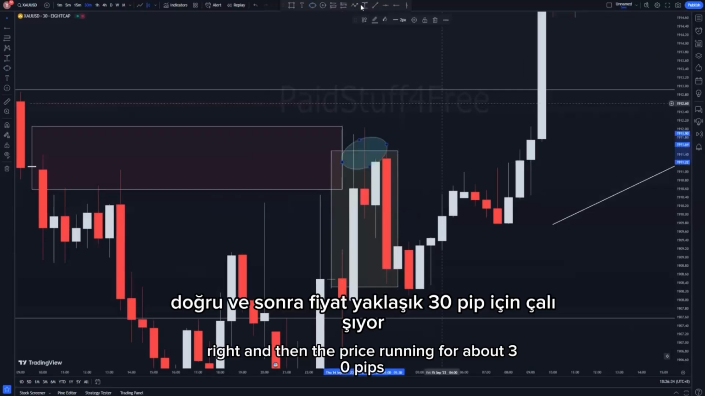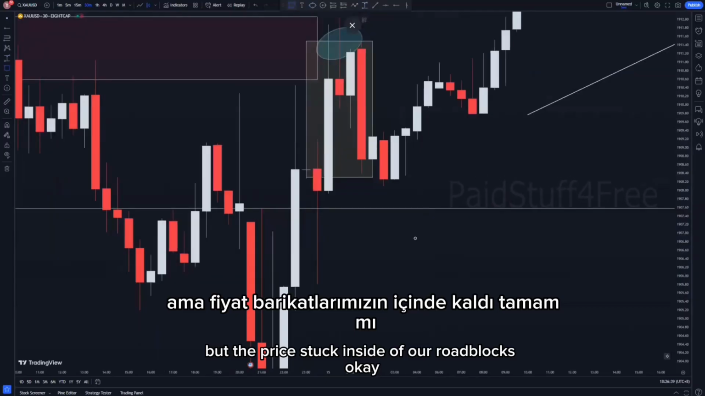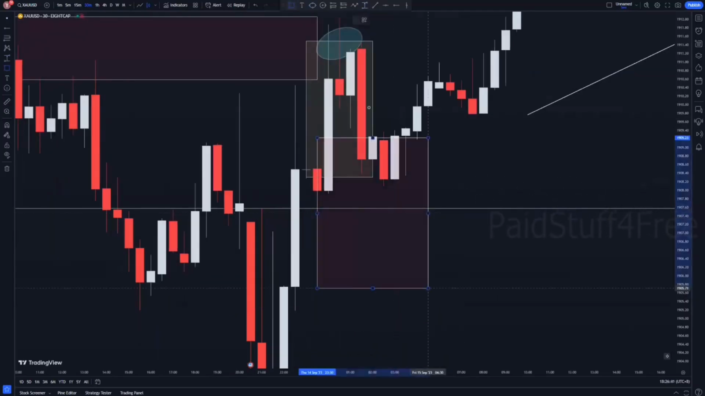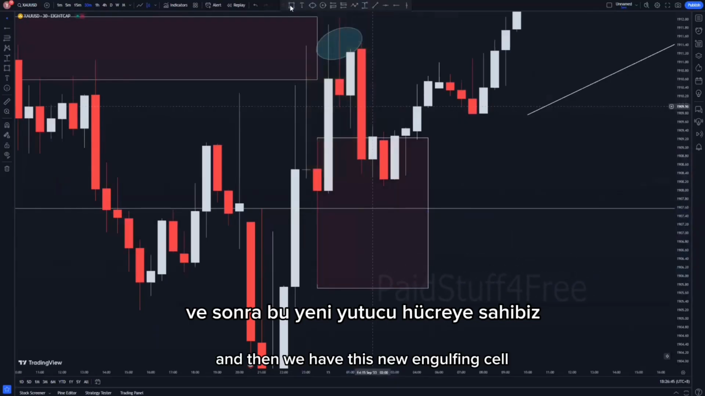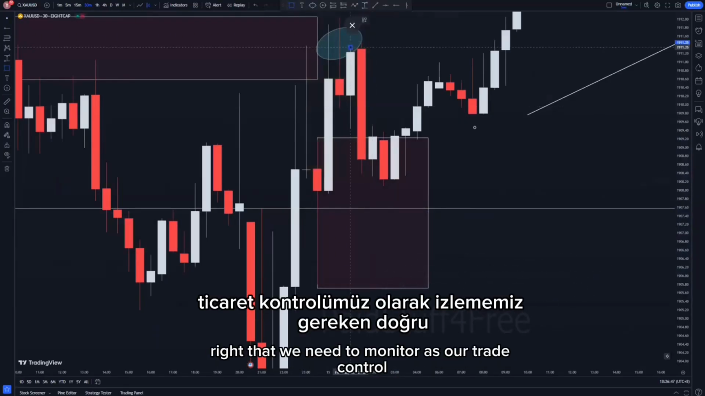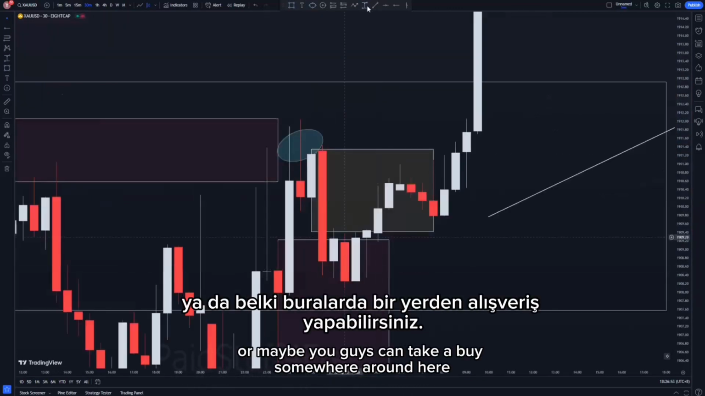And then the price ran for about 30 pips, but the price got stuck inside of our roadblocks. Okay, inside of our roadblocks. And then we have this new engulfing sell, right, that we need to monitor as another trade control. And then the price went up, or maybe you guys can take a buy somewhere around here,